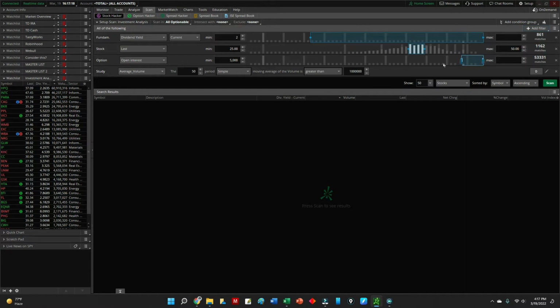for open interest in case I wanted to trade this using a poor man's covered call, which I do quite often. If I was bullish on a stock a little bit longer term, I want to be able to trade poor man's covered calls on it in case I don't have the capital available. So I just wanted a minimum of 5,000 open interest, and admittedly, this doesn't work the best because it's only